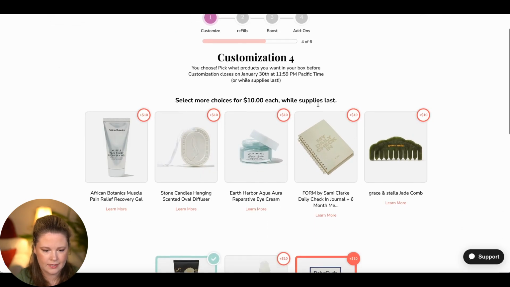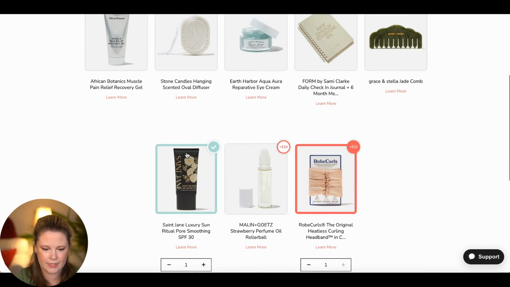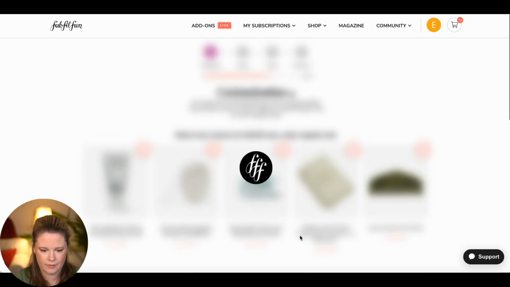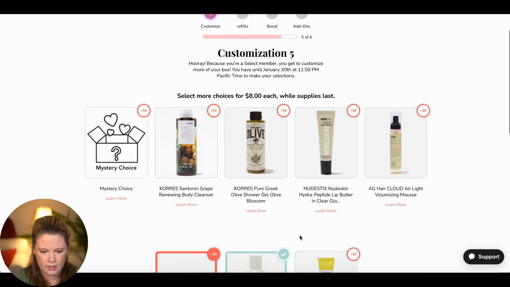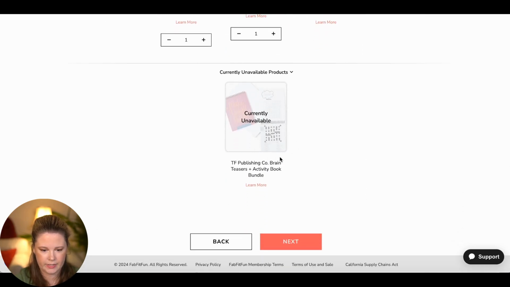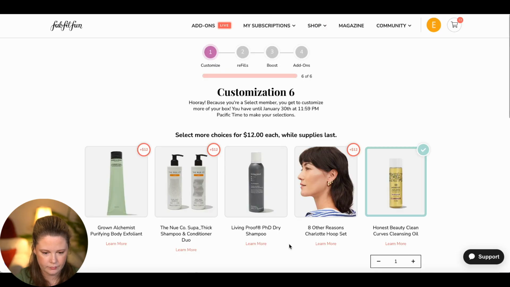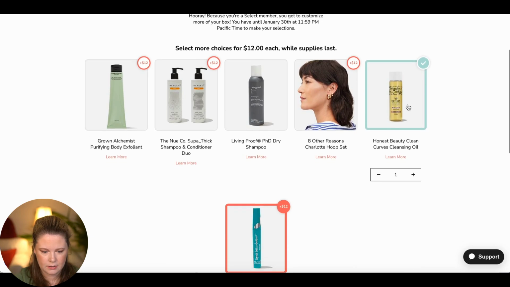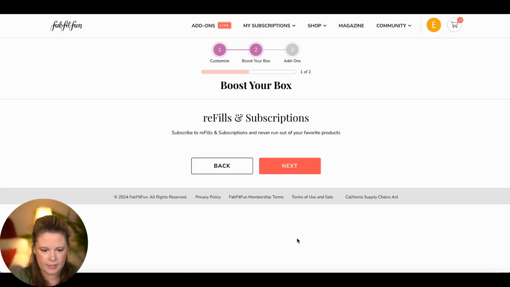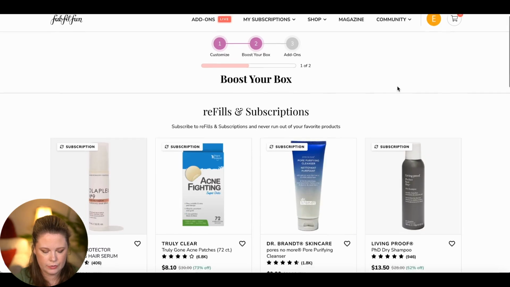4. Sometimes things like this that we didn't see in spoilers, but we've seen in previous boxes show up. I'm guessing just because they have extras and they want to kind of give more options. I guess the mystery choice is unavailable. And yeah, this was from a previous season as well. I remember that. So they might just have limited amounts. For 6. Okay. All right, so I'm not changing anything about my customizations, and then it takes you to